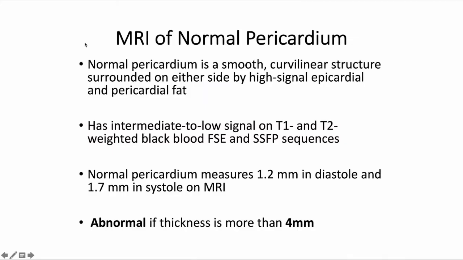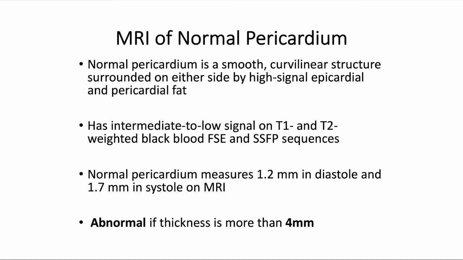Coming to how the pericardium looks on MRI, the normal pericardium is a smooth and curvilinear structure surrounded on either side by the high signal intensity of the epicardial and pericardial fat. It has a low to intermediate signal intensity on T1 and T2 weighted images as well as on protein Cine images. The normal pericardium measures anywhere between 1.2 to 1.7 mm in thickness. The pericardium is definitely abnormal whenever its thickness is more than 4